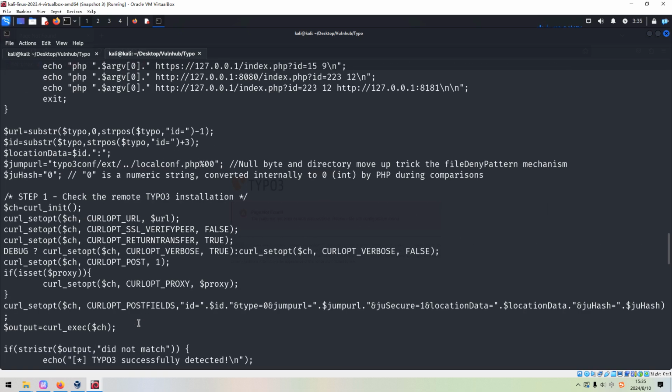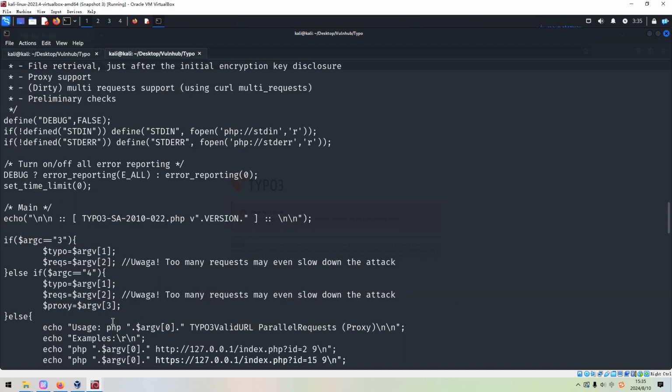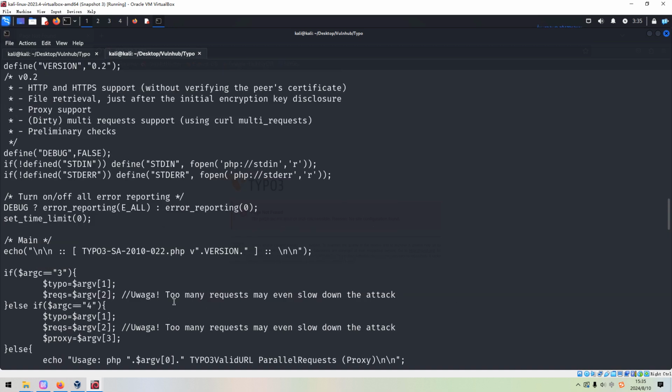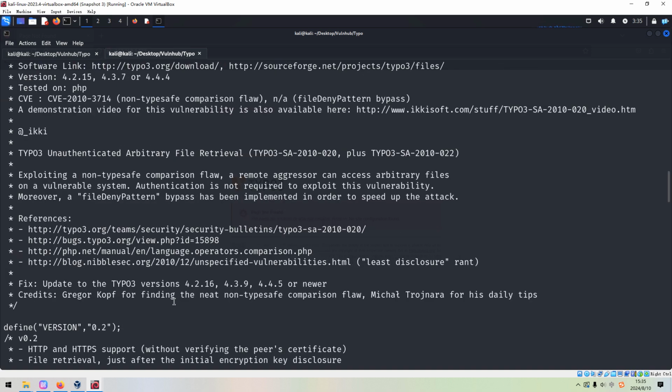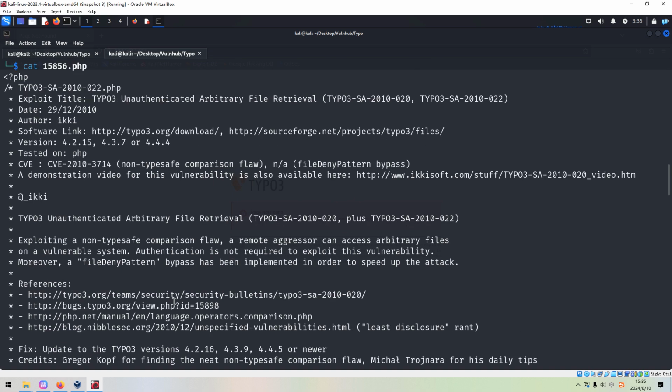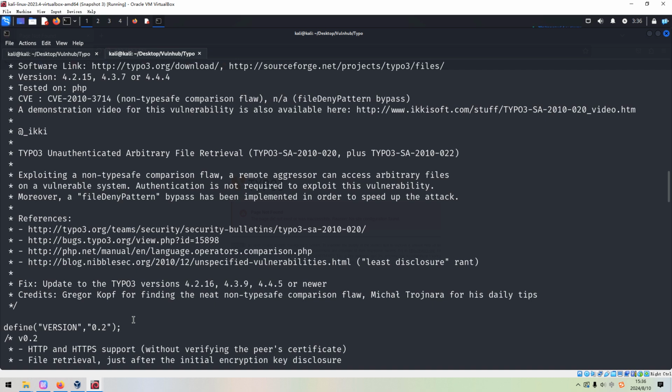So this is a PHP code. Authentication is not required. Very good, right? Unauthenticated arbitrary file retrieval. So TYPO3, updated to this one.